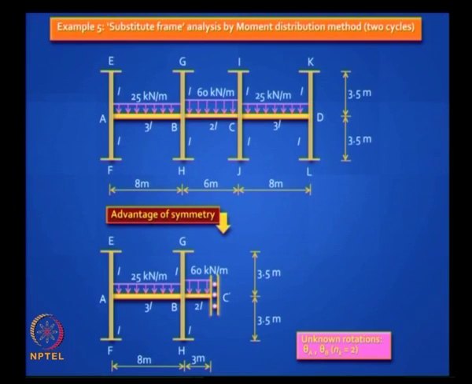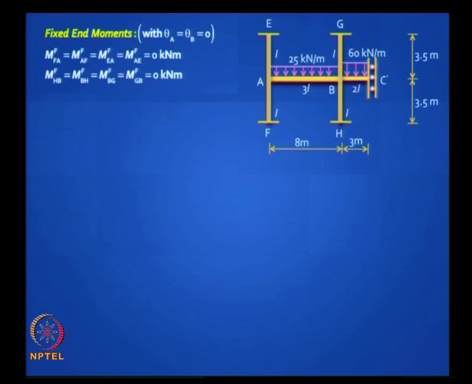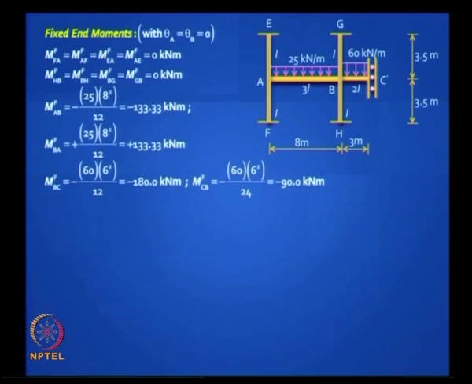You have two unknown rotations here, theta A and theta B, and you need not worry about the delta C because we know the modified stiffness. How do we proceed? Well, first we calculate the fixed end moments. For the column elements, there are no fixed end moments because there is no lateral loading on those columns. For the beam elements AB and BC dash, I hope by now you know how to do those calculations. Okay, so let us assume you can calculate these moments correctly. Then you need to find the rotation,